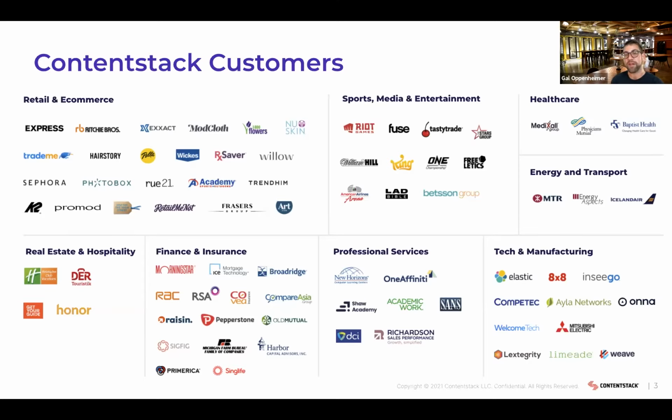The reason companies come to use Contentstack really is that we bring together what business users and what developers need. So we give a very, very powerful API and system for developers to build with, and they tend to build a lot faster on Contentstack than on CMSs they worked with previously. And at the same time, we focus our platform on being very easy to use for content creators. So enabling and empower them to move faster with really cool features.